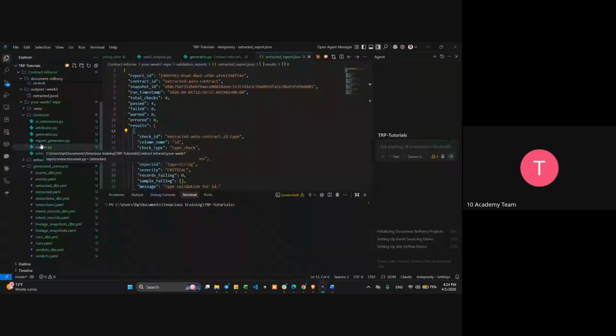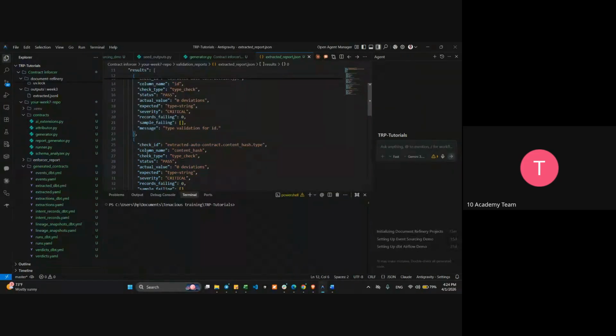If there's any mismatch when the JSON files are on the pipeline, if there is this silent kind of change, it's going to be checked based on the contract enforcement. The JSON that's going to be generated is going to look like this.